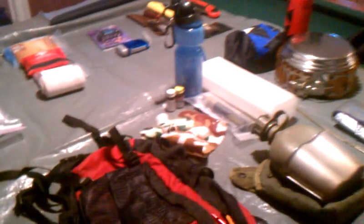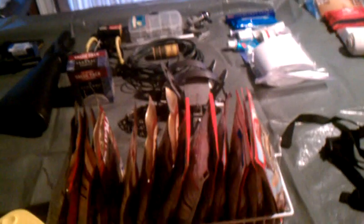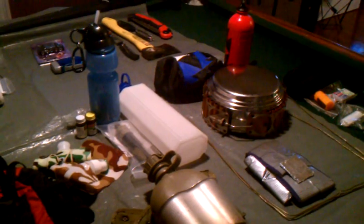Now, from this, like I said, I am missing my hammock. I believe there was something else I'm missing. I do have some seeds. Plan on doing a little planting, a little gardening. Seeds are light. Seeds are easy. I freeze them usually, so I'm going to have to try to remember to grab that. But if anybody has any input on some key items that I might be missing,